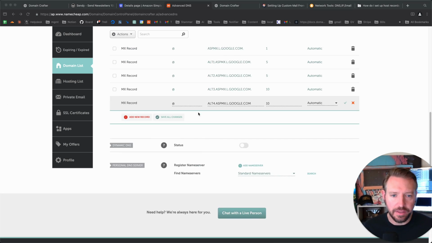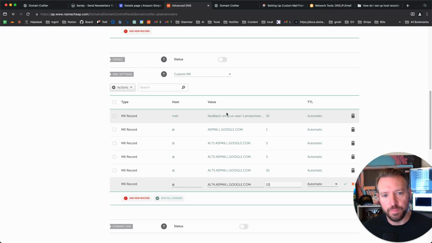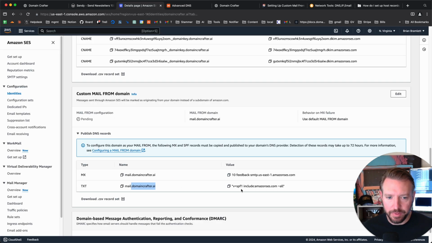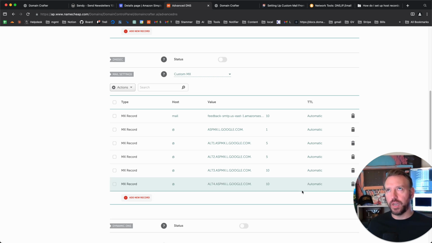Okay, and as I add the final MX record for Gmail in here, one thing I want to mention is the priorities, right? When you get the value that you put into the value field from AWS SES, you'll notice it has the priority listed right here. You don't want to put it in there that way. You only want to do this if, and this is a big if, your DNS provider has a separate field for the priority. Namecheap does have that. If it's just one single field, you may have to put it in there in that format. So that just depends. I'm going to click save here, and now my Gmail should in theory work again,